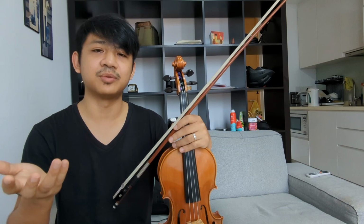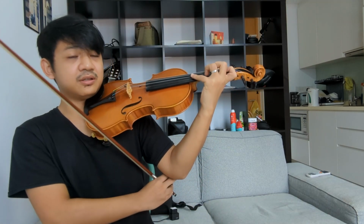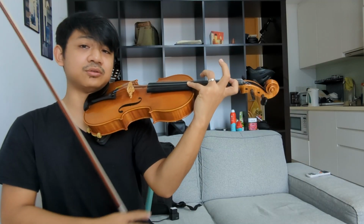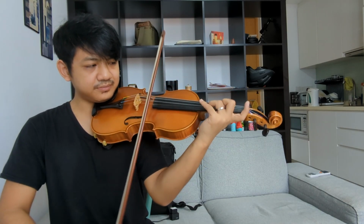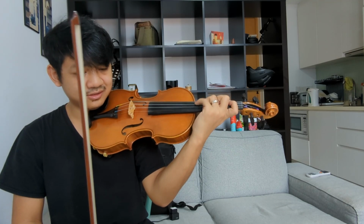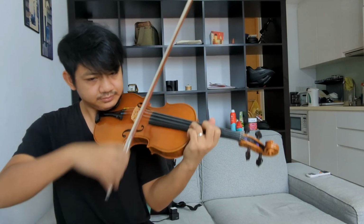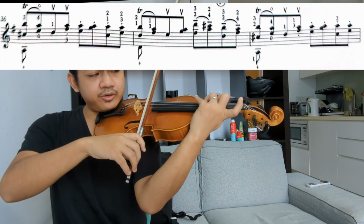But I remember telling my students for pinky, if they feel the pinky is not long enough, instead of stretching harder, bring in the elbow, then your pinky can actually reach way further than you think. So I listened to my own advice and tried it again. So I brought in my elbow, and it worked. So how it goes is, bring in elbow, find the chord first, bring in the elbow,